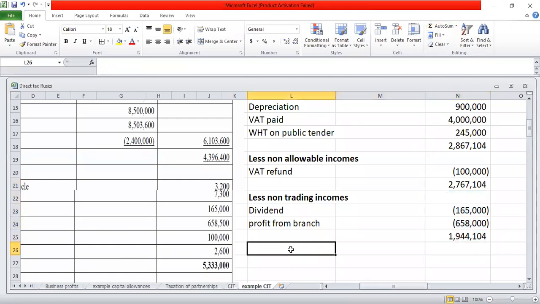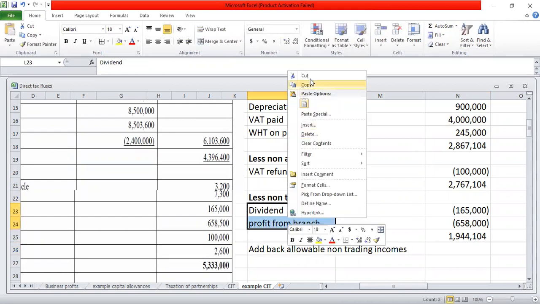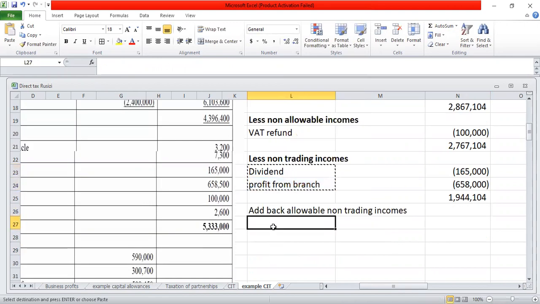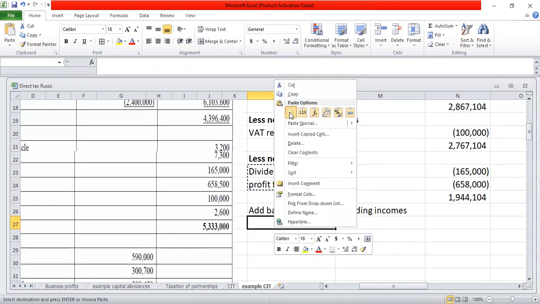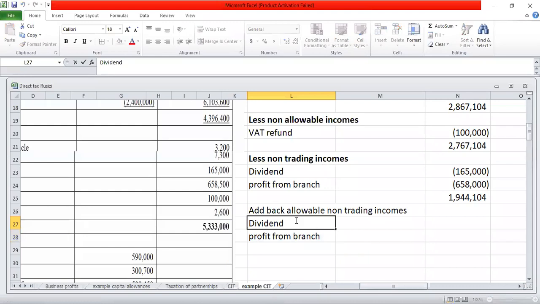Then add back allowable non-trading incomes. I still have these two, but when I'm adding back, I should add them when they are gross. I should gross them. For example, dividend, it was 10%. So I'm going to get 100 over 90